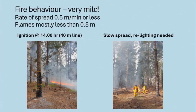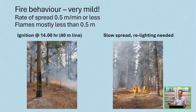The fires were lit. So on the day, we actually lit two comparable plots, one which had been treated with the mechanical inter-row treatment and the other which was just a standard harvesting. Really, the difference in fire behaviour between the two was not very different at all. We lit them with a 40 metre line of fire. That ignited, but